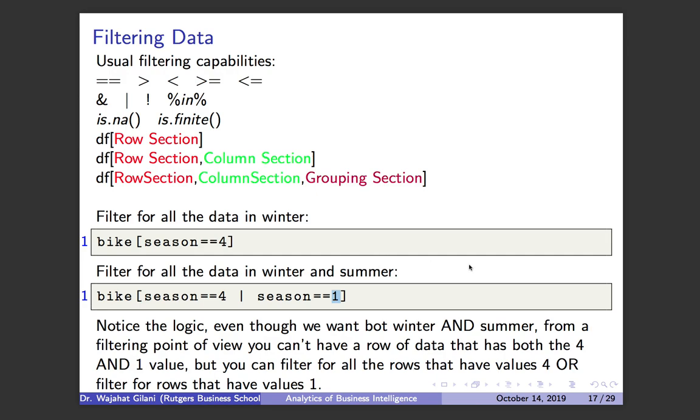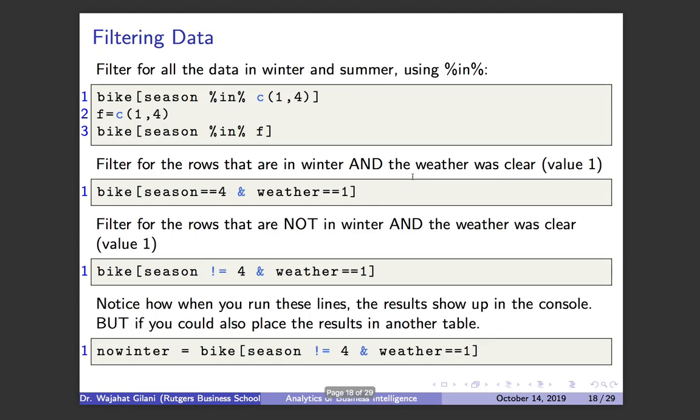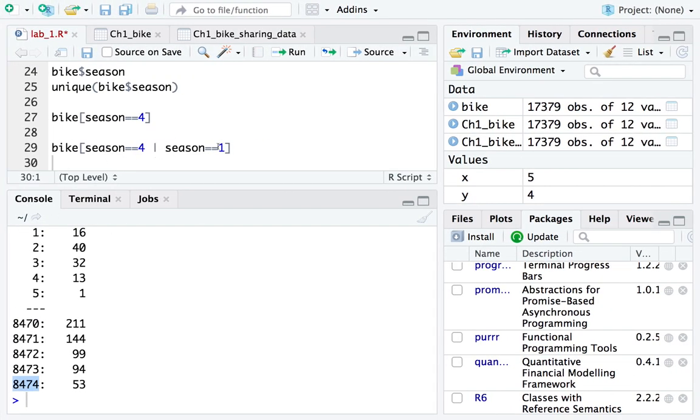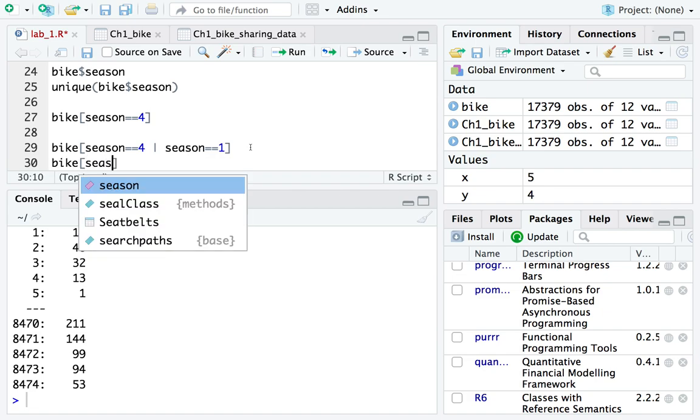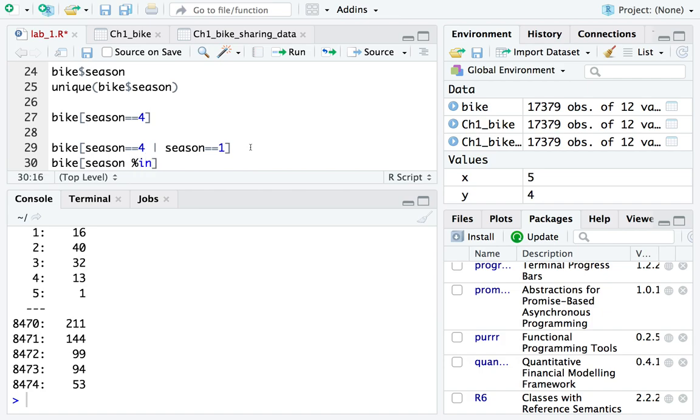Now, I talked before about the percent in command, right? So let's say we want to run that back. Let's say I want to say, okay, give me all the data, and I apologize again, for winter and summer. It should be 4 and 2, but just go with it, all right? I'm going to use the percent in percent command. Because what that allows me to do is say, instead of doing season equals 4 or season equals 1, I can now say bike season percent in percent,